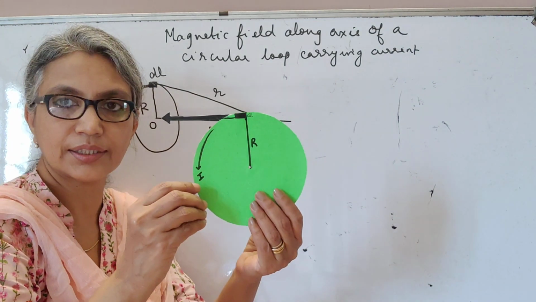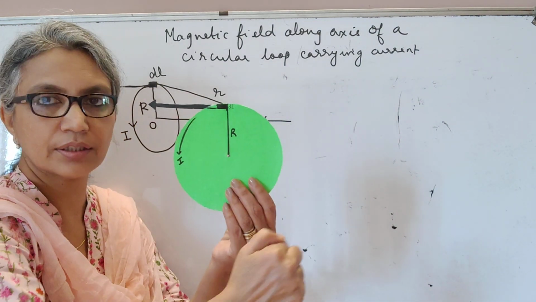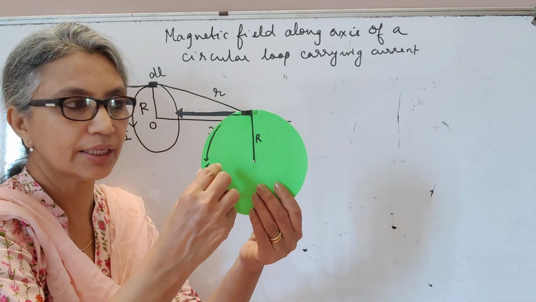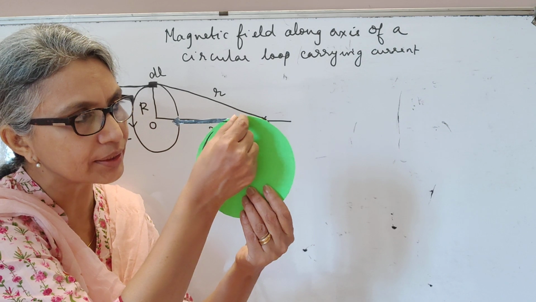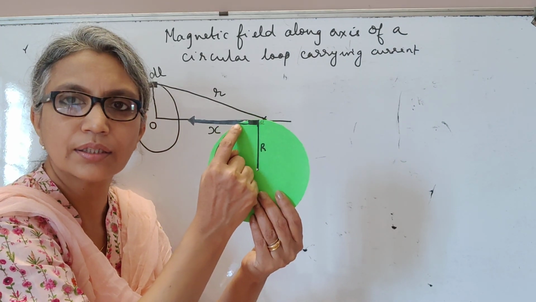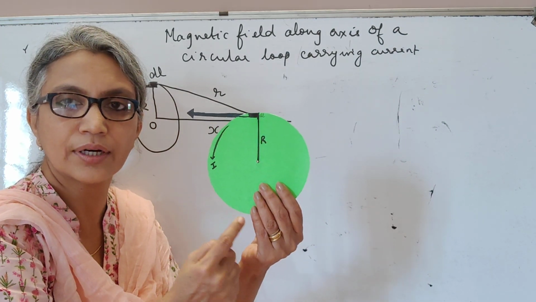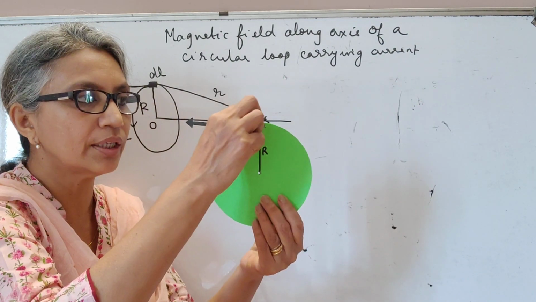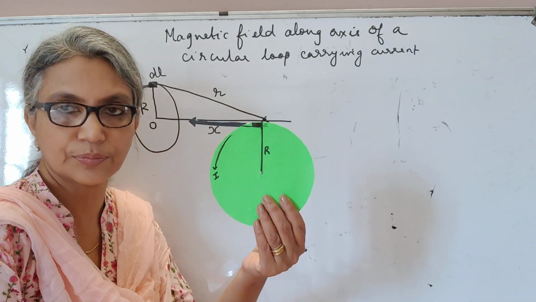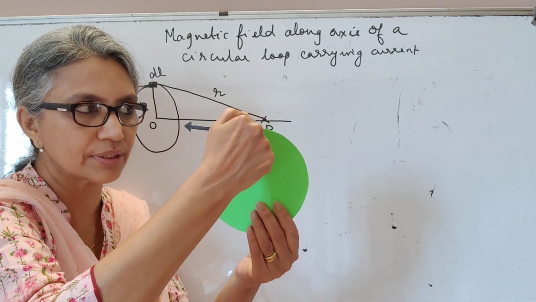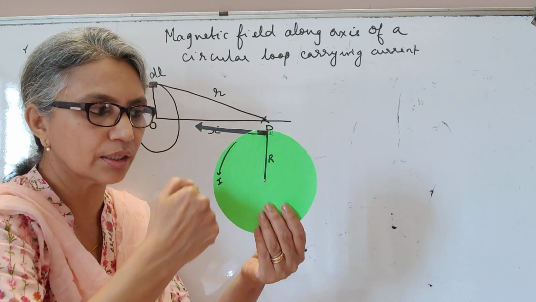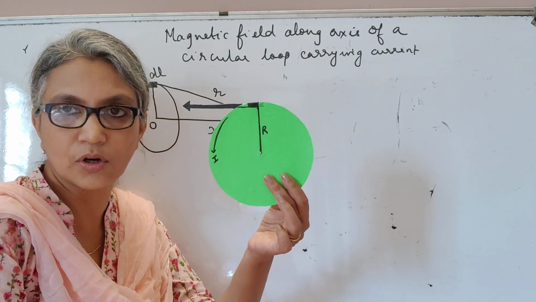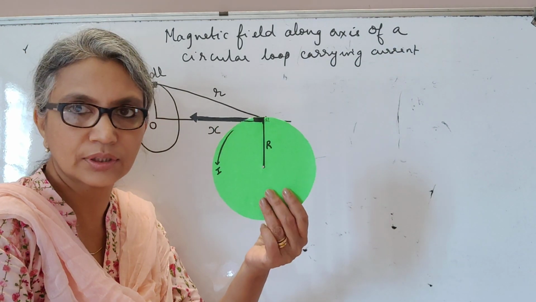Okay, so this is the radius R, and I have divided this whole loop. This is carrying current, if you notice, in the anti-clockwise direction. I have divided this whole loop into small elements dL. One small element dL I've marked here. Many small elements dL add up to give you the total circumference. So dL at any point should be along the tangent, because current in the anti-clockwise direction means at every point the current should be along the tangent. Because it's circular, and dL being extremely small, point sized, it should be along the tangent.